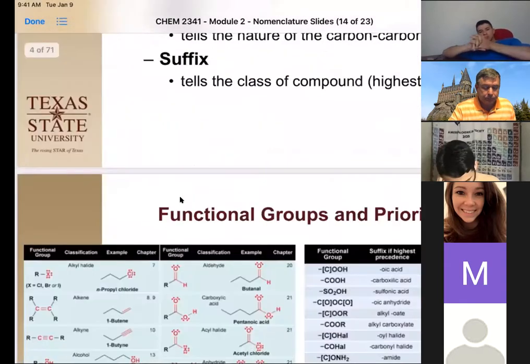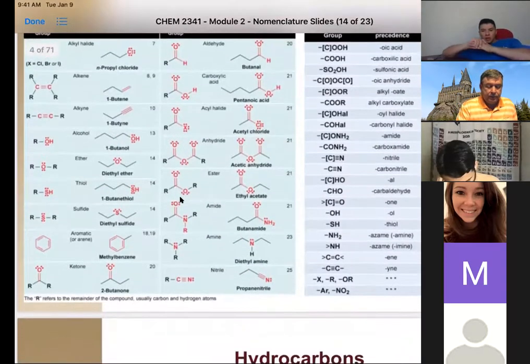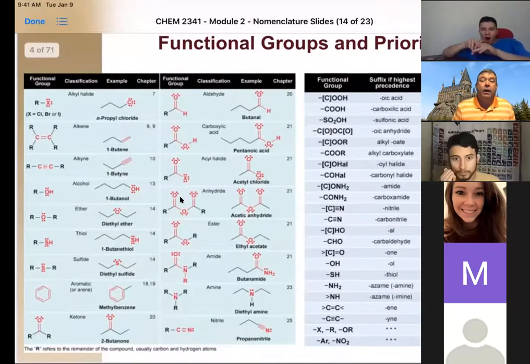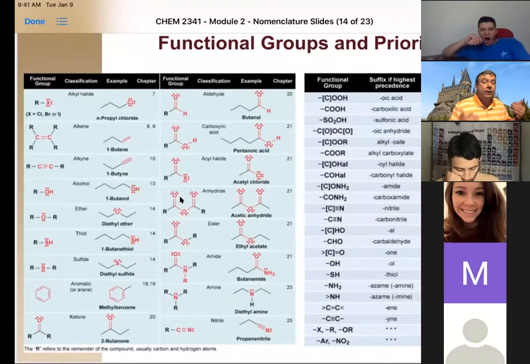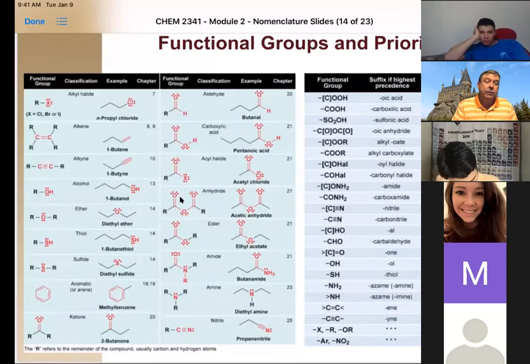Okay. So that leads us to that sheet that I have online. I'm not going to go through all these right now. We're going to go through them as we continue on. But number one, you need to get familiar with all of these functional groups, be able to identify them as the different groups they are based on which atoms are bonded in which order. And then on the other side of this is the priority list here.